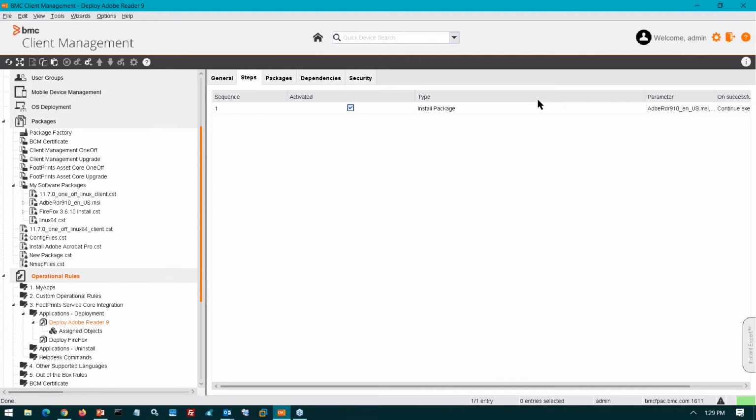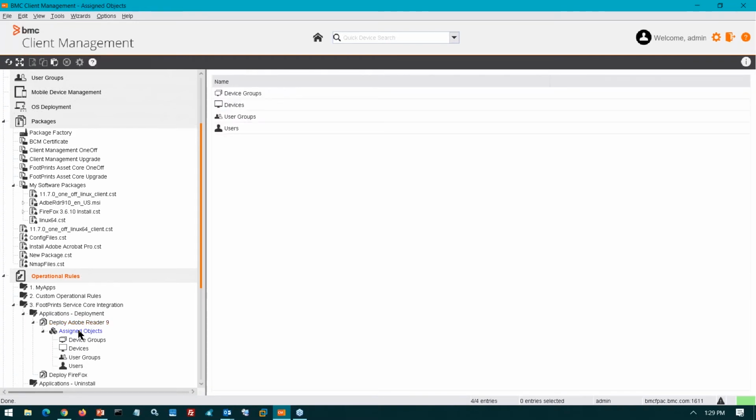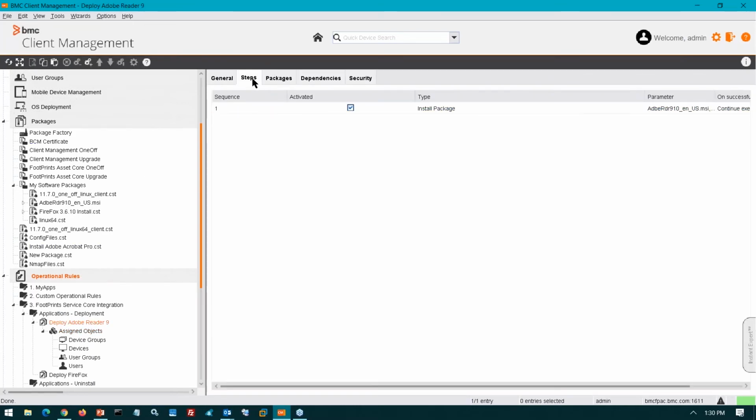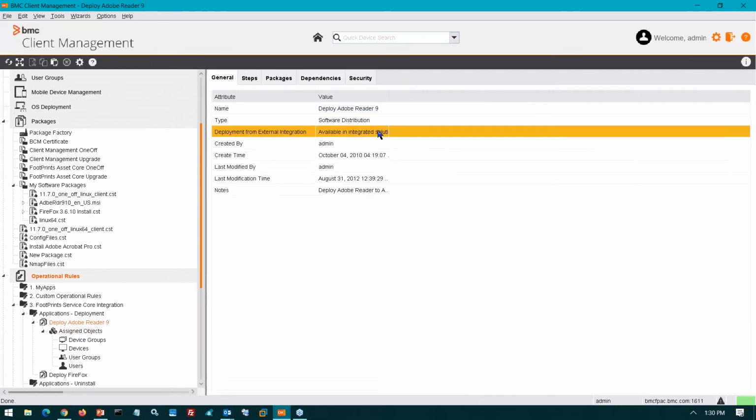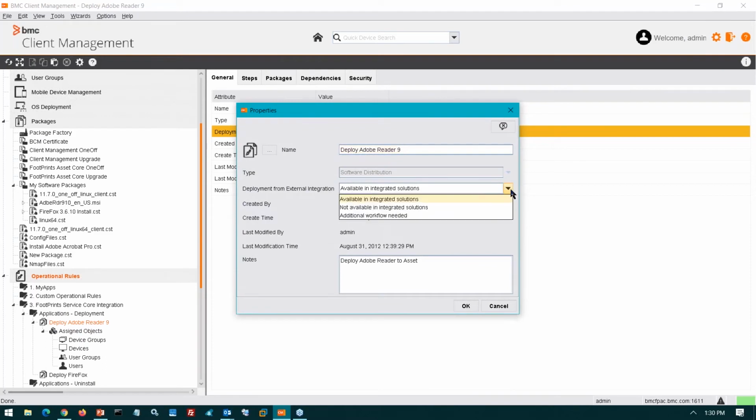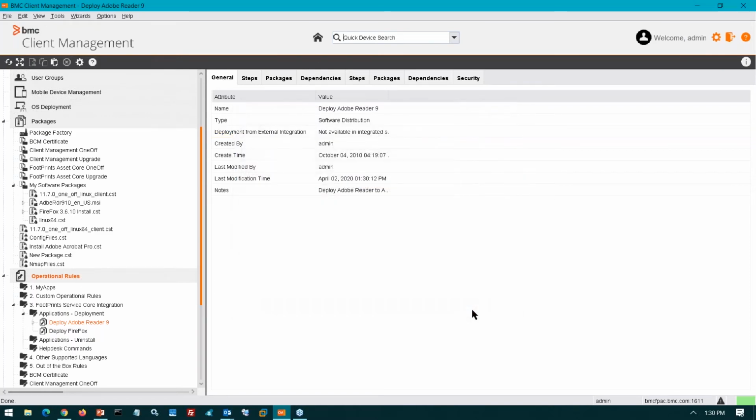And it now gives me the ability to assign this operational rule to a group of devices. Now I can simply say deploy Acrobat Reader, and if I want to make an adjustment to this, this is where client management gives you a lot of flexibility and power,